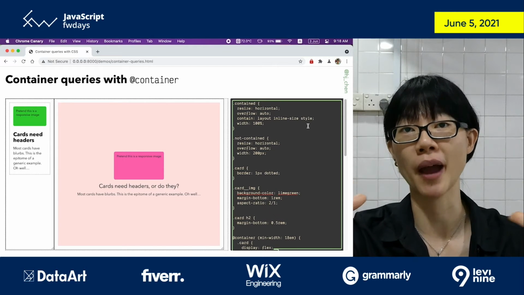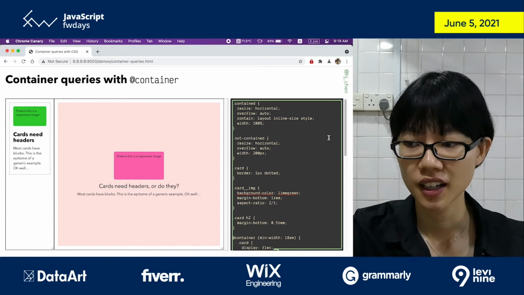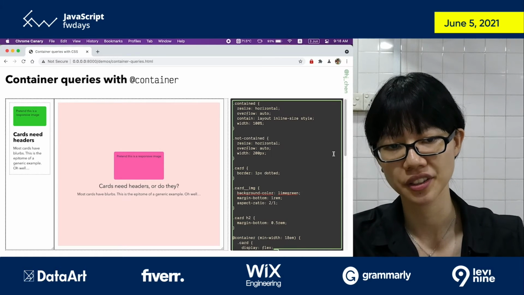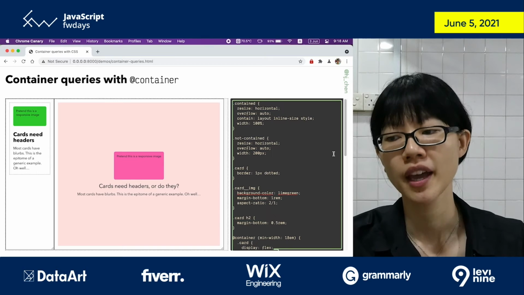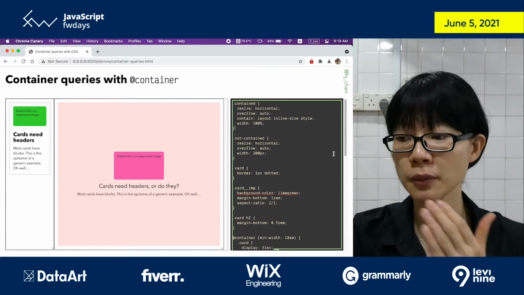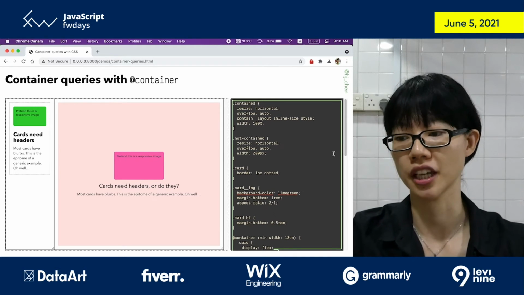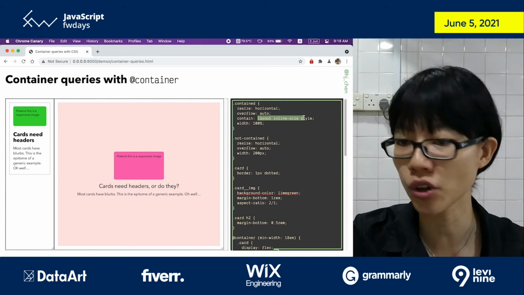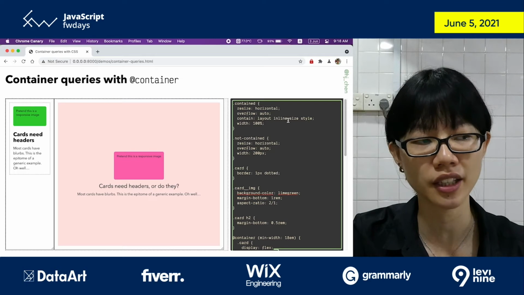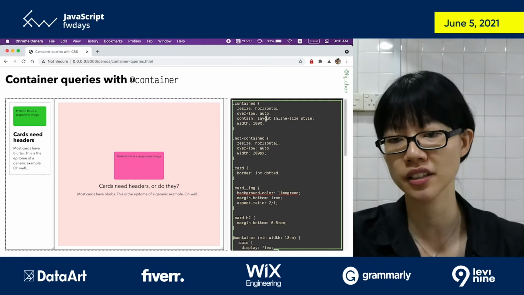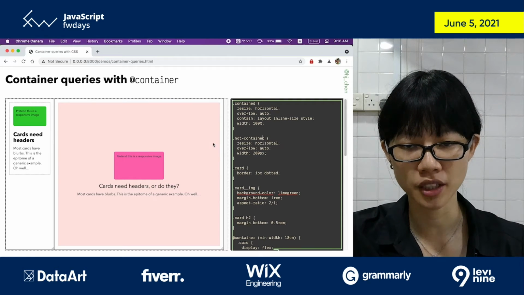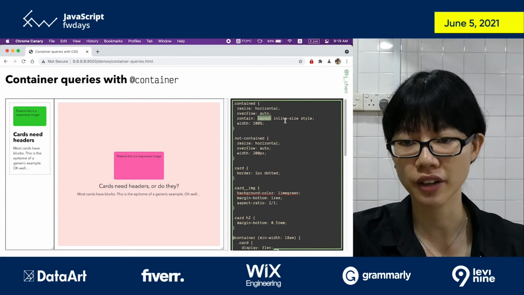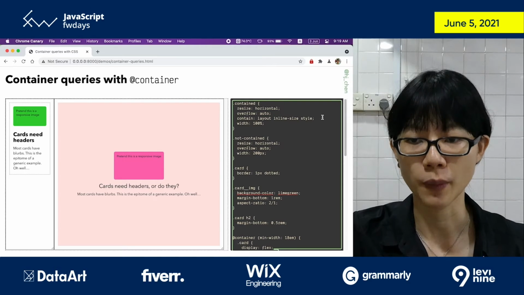So this goes on the parent element. Contain is meant to indicate which containment rules apply to the element and the stuff within it. Container queries will only apply to elements that have the contain property. The contain property itself can take multiple keywords. The order of the keywords doesn't matter, but it is the scope of what you want contained. For this to work, because I'm changing styles, layout and size, that's what I've defined for my contain